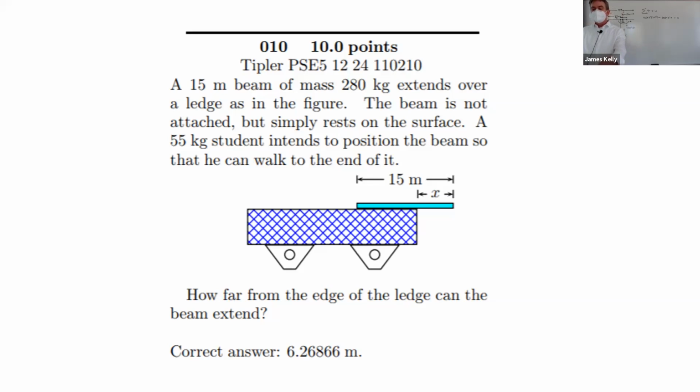And you can think of this whole side of the meter stick, or the plank in this case, generically, as going to be pushing up in this direction. But when you get to the point where it's just about to tip, there's no upward force from the table on this part other than right at the edge. It's about to go to zero. So the only upward force is going to be from the edge. You're going to think of it as just hovering a little bit off the table, so it's only touching it at the edge. And we'll have the person's force at the end, the table's force there,